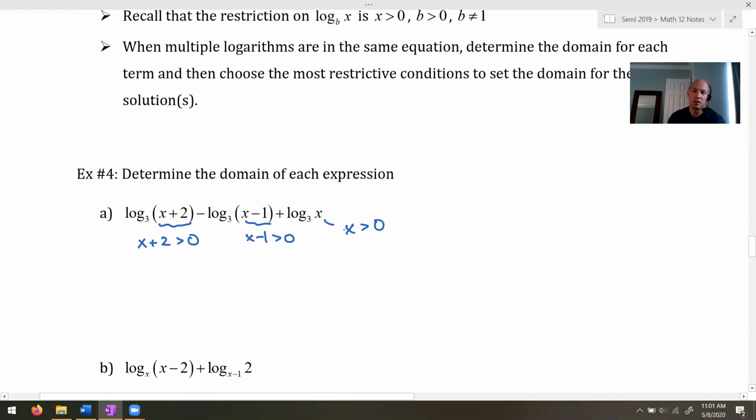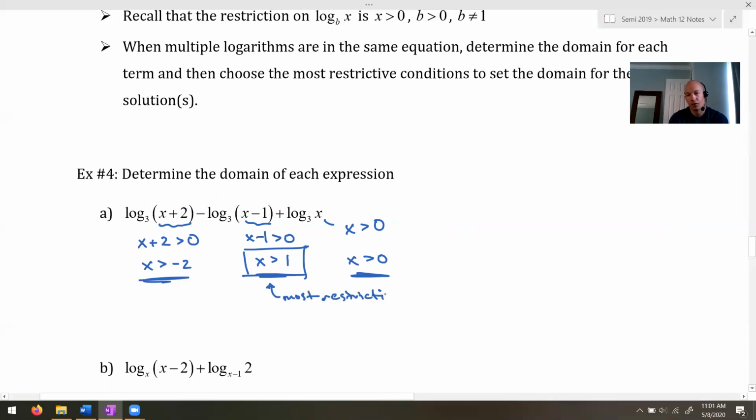Which one of these is more restrictive? So if we actually work this out, x is bigger than, we move the 2 to the other side. This one we add the 1 to the other side, and this one there's nothing to do. So of these three, which is the more restrictive domain, saying numbers are bigger than -2, bigger than 1, bigger than 0? It turns out that if numbers are bigger than 1, they're automatically bigger than 0, and they're automatically bigger than -2. So this is the most restrictive